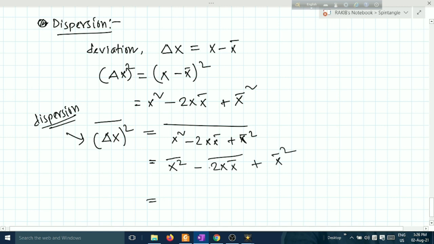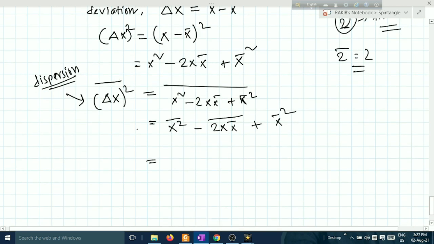The average of 2 is what? The average of 2 is 2. There is no significant meaning to this fact. This is a scalar and fixed value. A fixed value doesn't have any average value; its average value is itself. There is no deviation, it is a fixed value. Then we can write it like this: